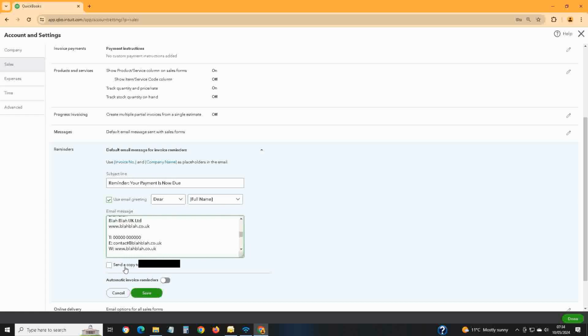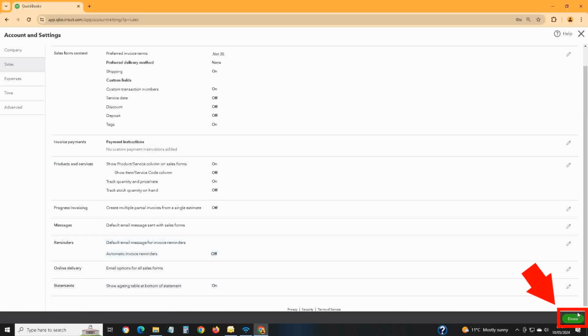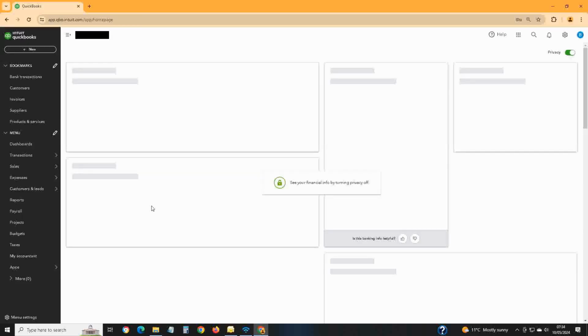You've got a little tick box here if you want a copy of the reminder to come to your QuickBooks email address. If not, just leave it unticked. Once you've made all your changes, it's a case of clicking save, and then on the bottom right hand corner of the next screen click done, and that'll save that. I'll show you how to